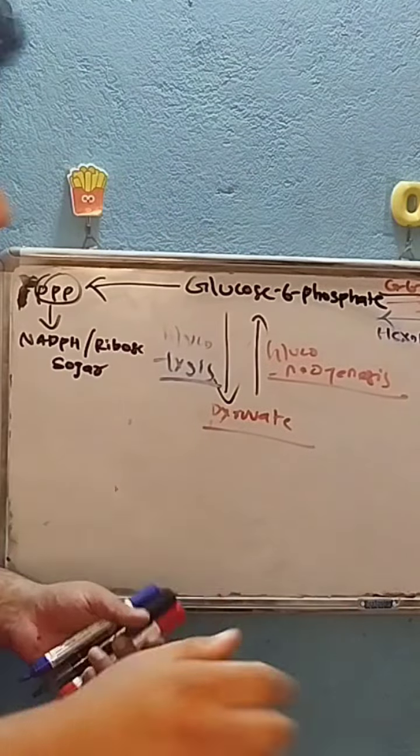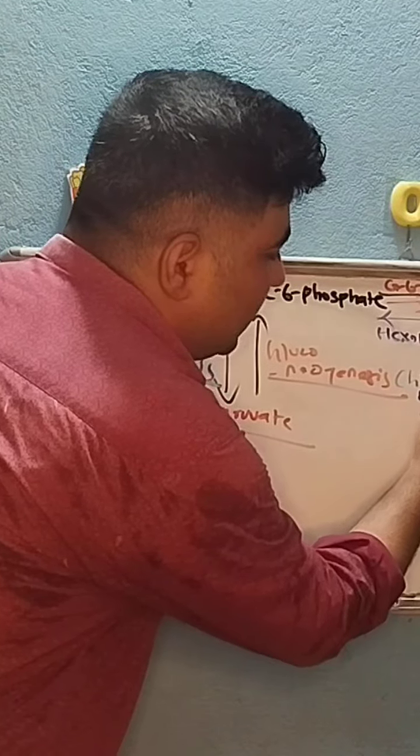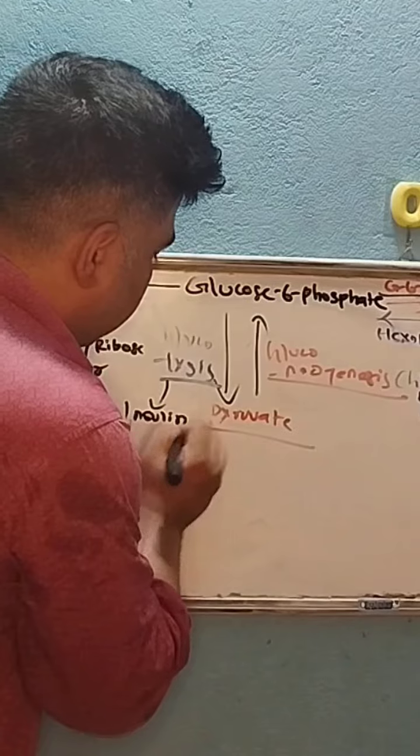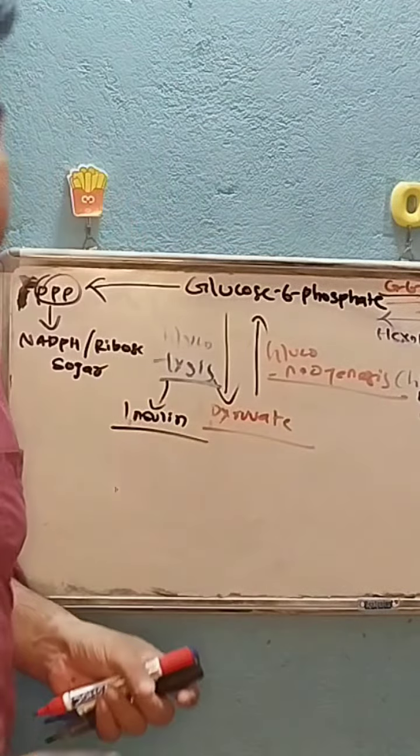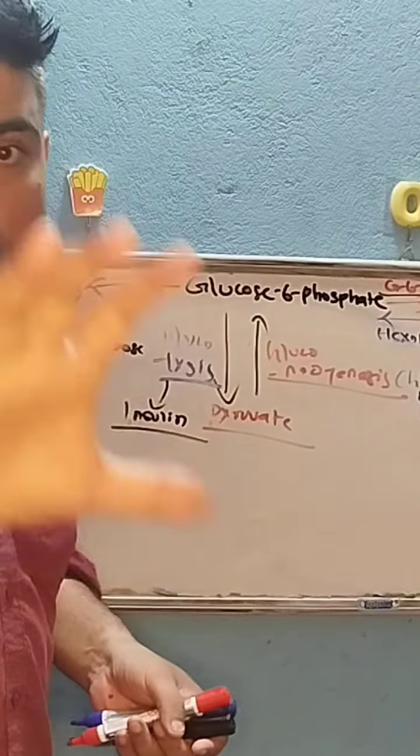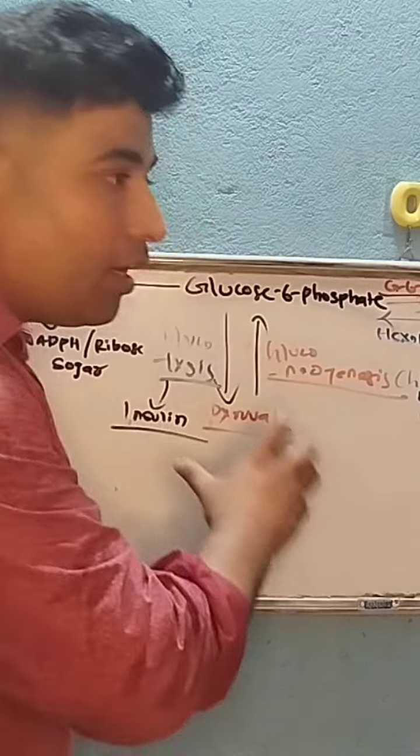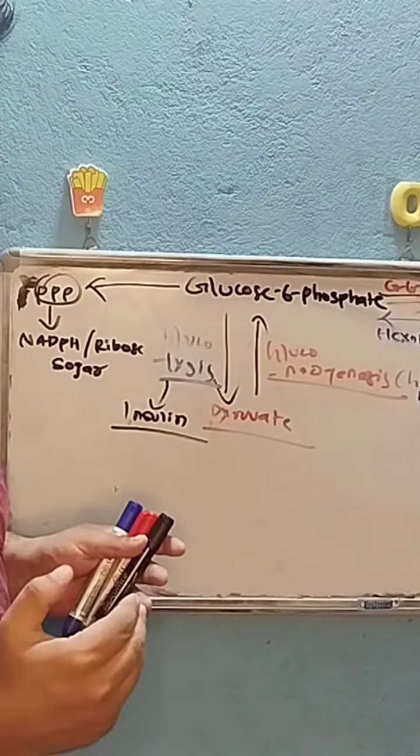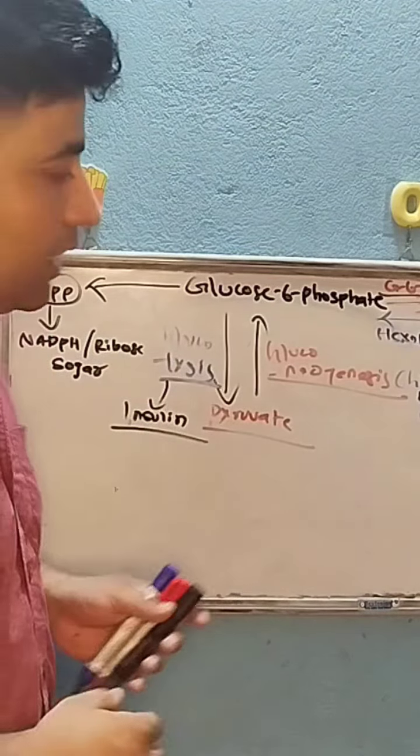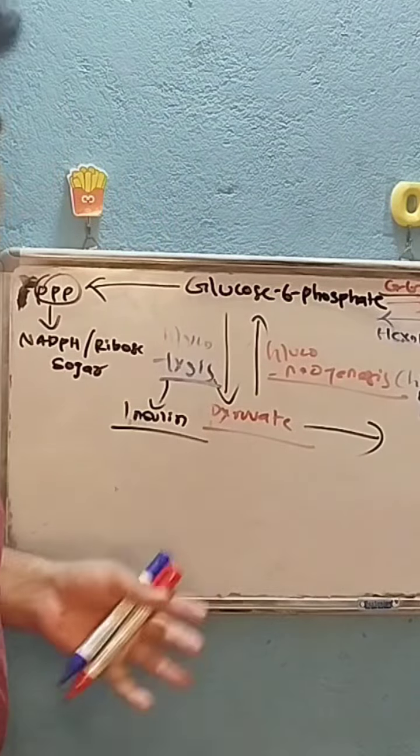As I told you, gluconeogenesis is favored by glucagon during hypoglycemia, and glycolysis is favored by insulin. One more thing, this conversion of glucose into pyruvate is independent of oxygen. It is independent of oxygen. Only the fate of pyruvate is decided by its dependence upon oxygen. And this pyruvate, if there is an absence of oxygen, we say